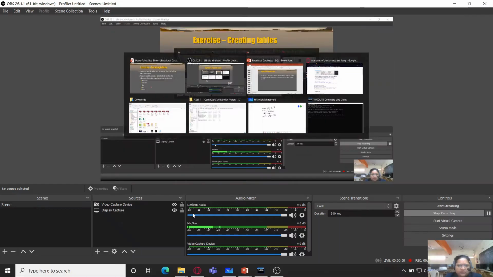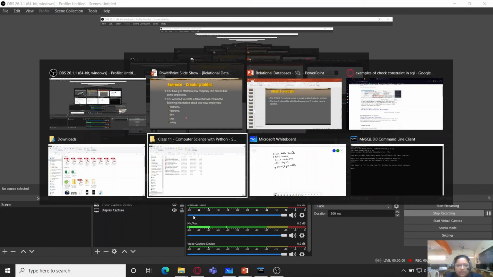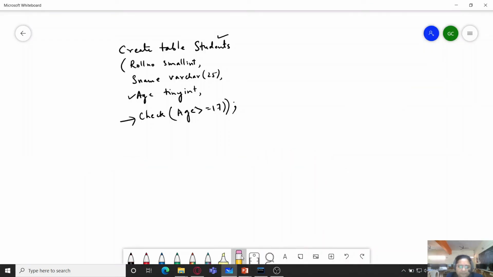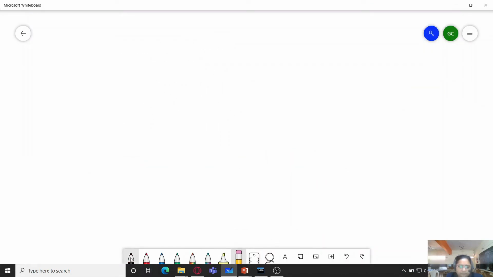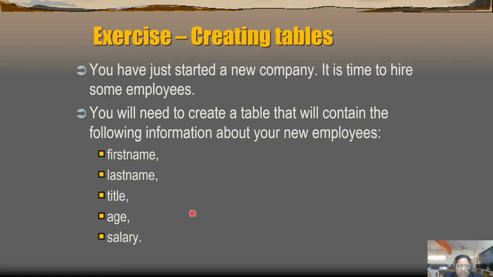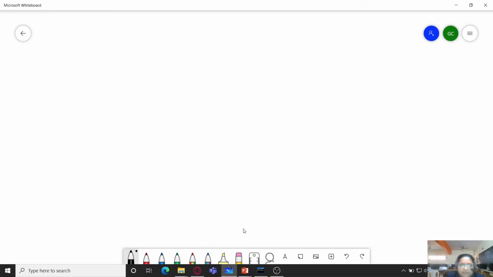So we can just figure out what the data types could be in the beginning. So we have first name, last name, title, age and salary.